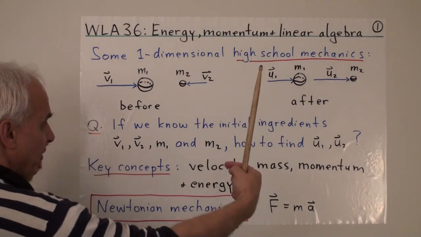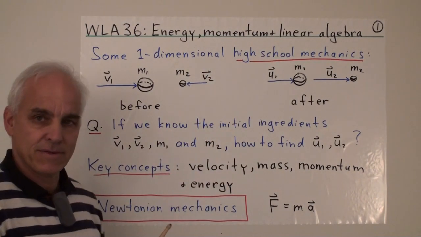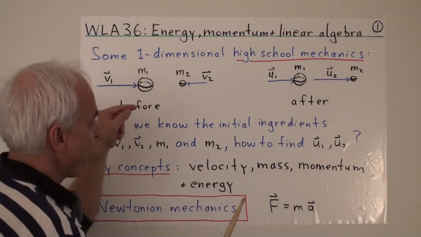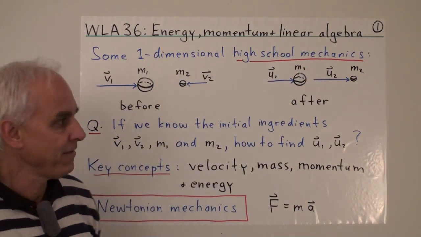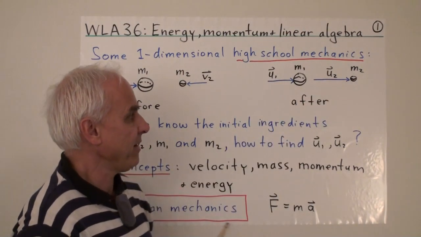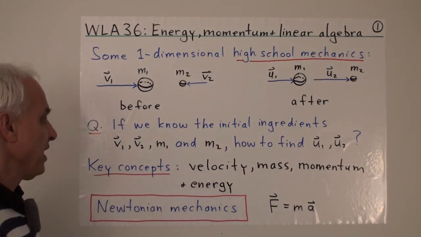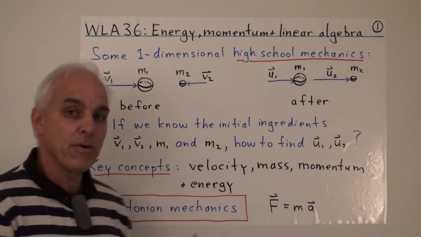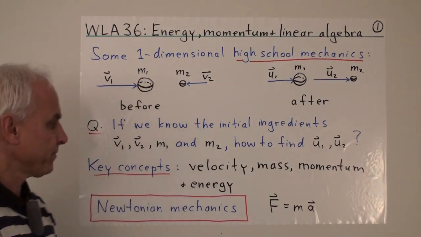All right, so they're coming together like this, with the m1 going faster than the m2, and then they hit, and they kind of bounce, interact somehow. And then afterwards, we might find that the m1 particle is still moving in the same direction, but now at a slower velocity u1, while the m2 particle has bounced back from where it came and is heading back in that direction at some new velocity u2. And a natural question is, if we know the initial data, v1, v2, m1, and m2, how do we find the final velocities u1 and u2?